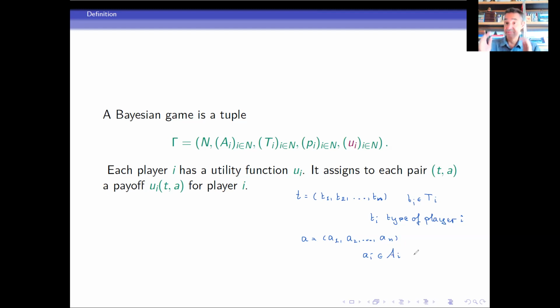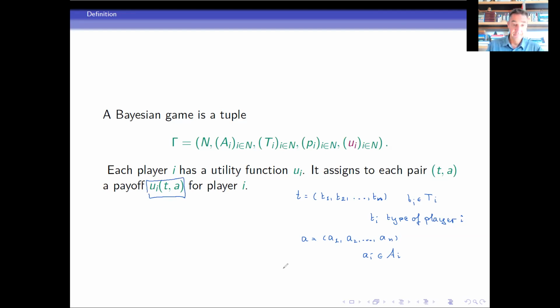And so you have a vector of types and a vector of actions, meaning that the type for each player is given, and the action that each player is taking is given. And once that is all known, each player gets a payoff, and that is then denoted by the Ui of